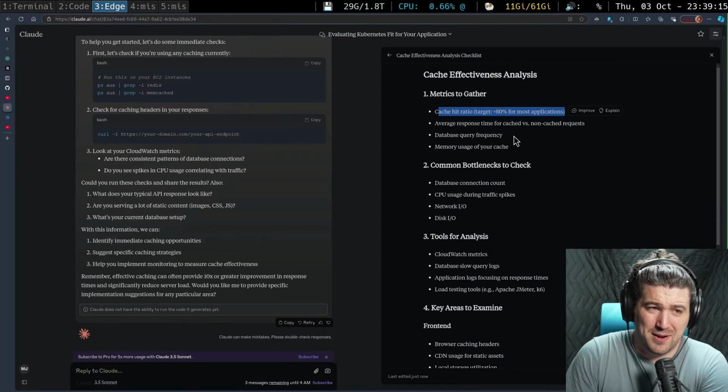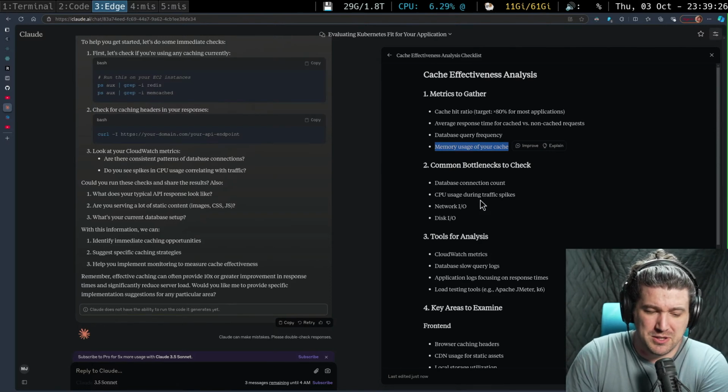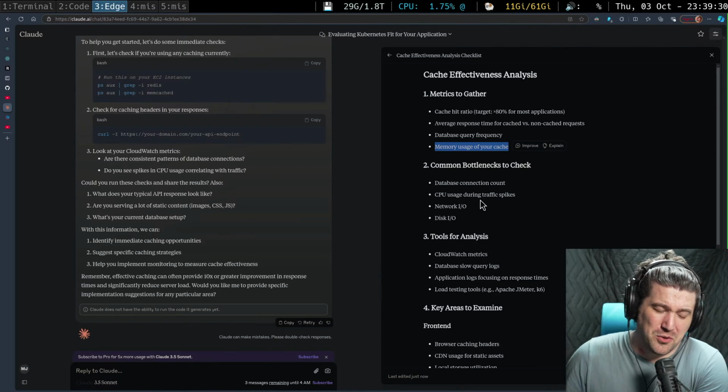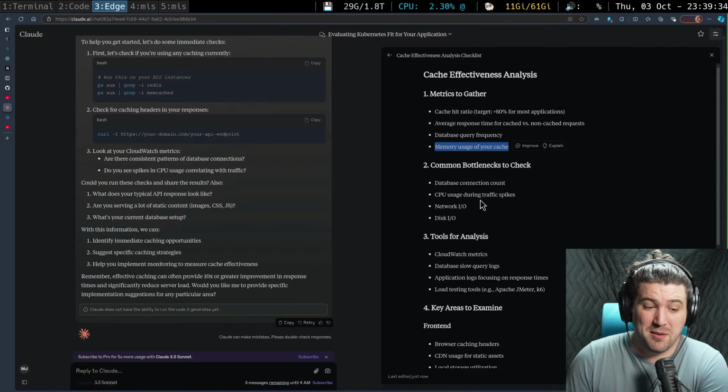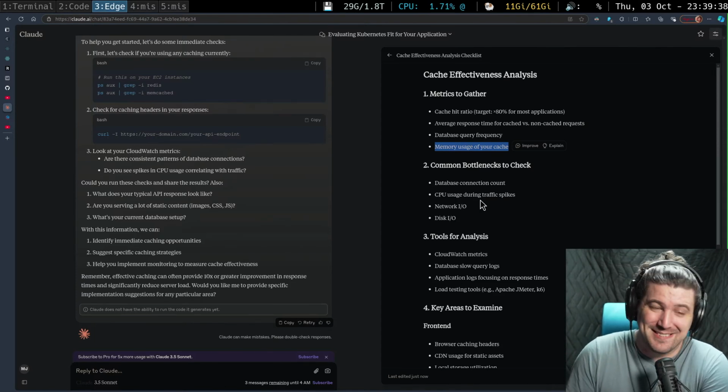Yeah, because if you're running stuff that's not in the cache, it means you're running queries, but maybe I'm misunderstanding that. Memory usage of your cache, that's also not how effective you are. That's just how much is stored. If you're only using half the memory in your cache, but it's storing the entire database, that's just bad resource management. Like you're just wasting money on a cache that you don't need. It's not really how effective it is.